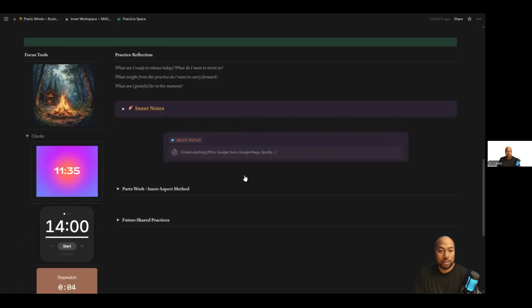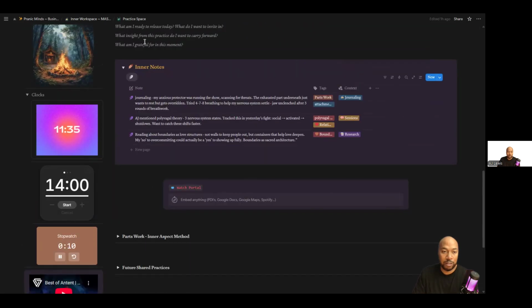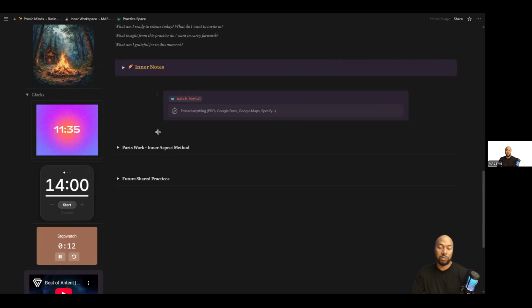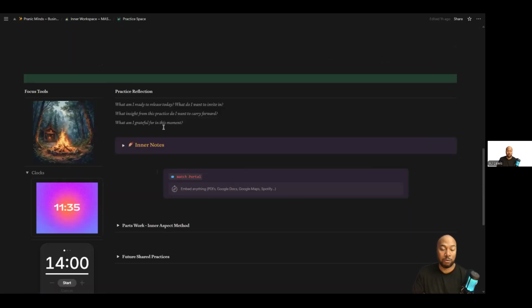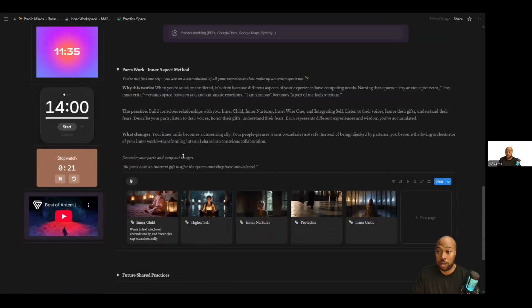Yeah, and here's another iteration of the inner notes. So if you have things that you want to check here to bring into a reflection phase, you can. We have some journaling prompts, and we also have a parts work section using the inner aspect method, which I go through with my clients